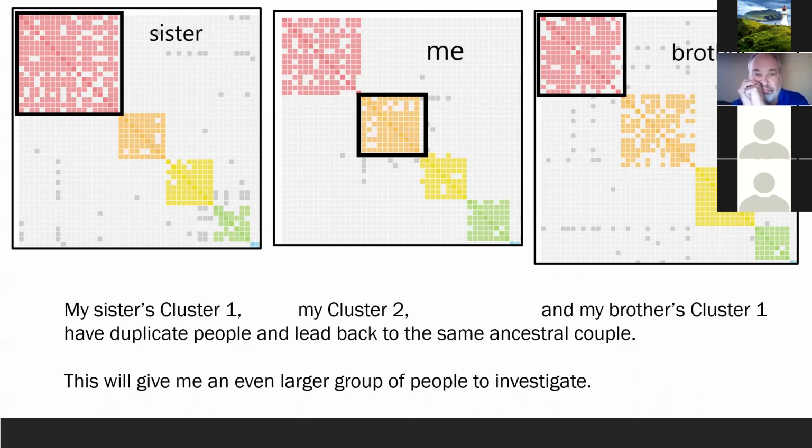So how do you figure out which clusters you have in common with your siblings? Because that's my goal, looking at all of those matches together, not just looking at mine. If I were just looking at mine, I'd be looking at the smallest set of matches. But my sister and brother actually add a lot of depth to that. So what I did was, for this first cluster,